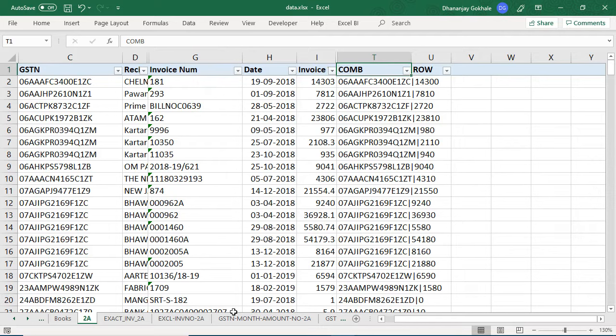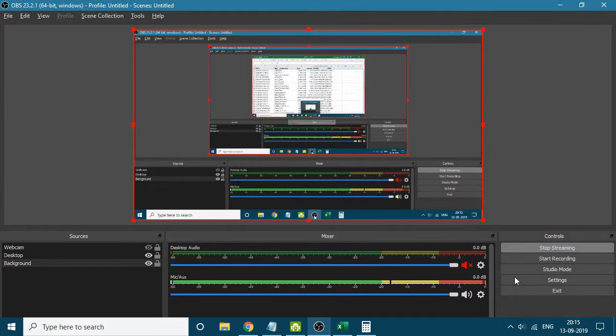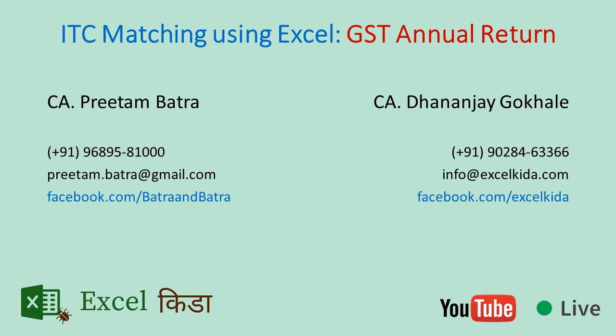Dhananjay, it was a really nice session to attend with you and share my experience covering the topics for today. Friends, because of some power connection and technical issues, we are unable to continue the session. But it was a really nice session where we shared what type of information we need to file in annual returns. Friends, it is very simple to file annual returns, but we must take care that the information we submit is in reconciliation with the books of accounts, so that if anything